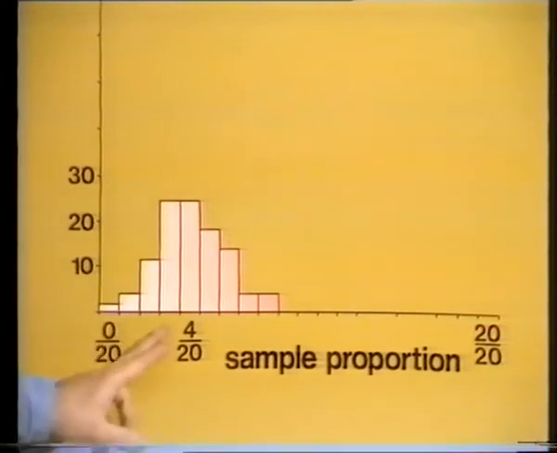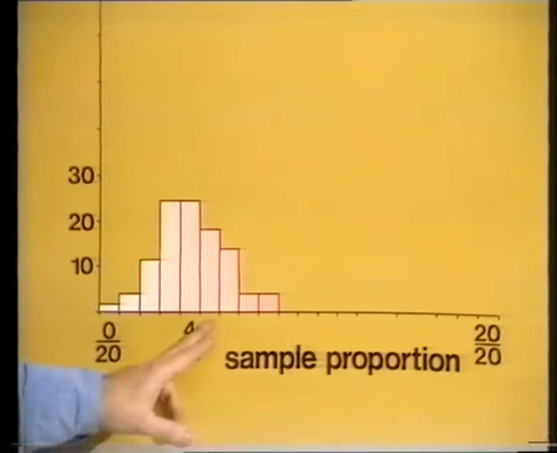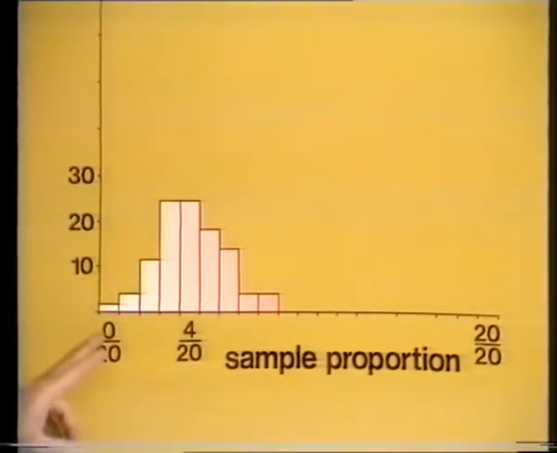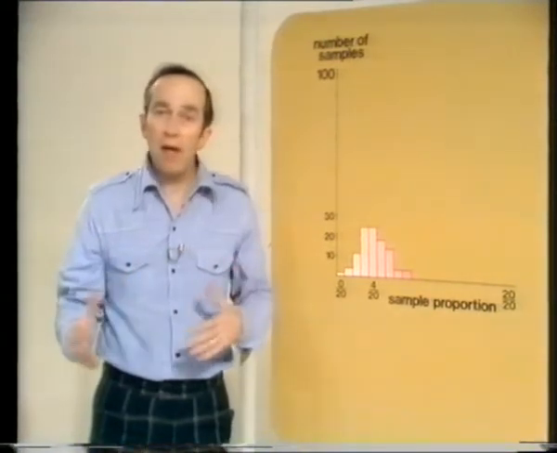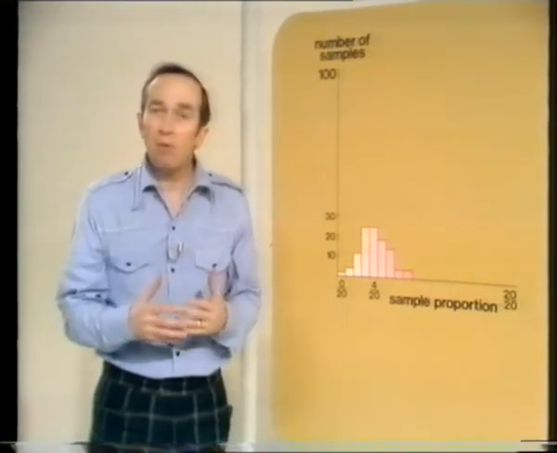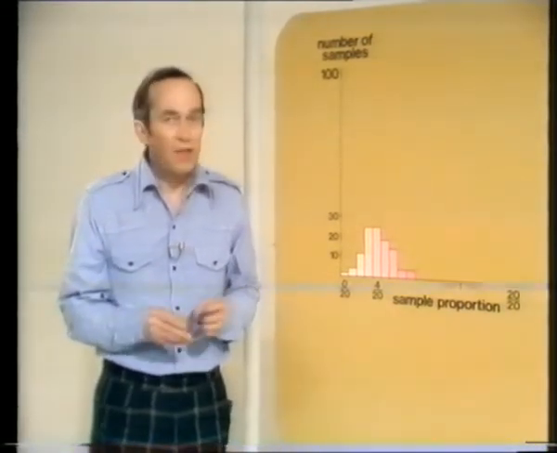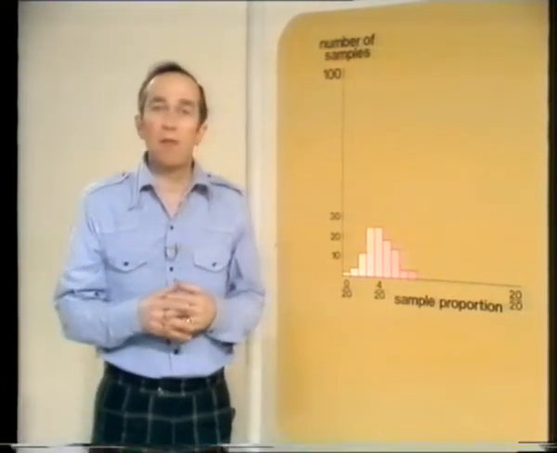But then, so did 3 out of 20. And we got 5 and 6 and 7, and anything from 8 out of 20 down to none out of 20 in these 100 repetitions of this little experiment. So that experiment gives us a way of seeing just how much samples might vary. Samples of the same size taken from the same population. It's a tedious way, though, of discovering that. And this is where our mathematical modelling comes in.